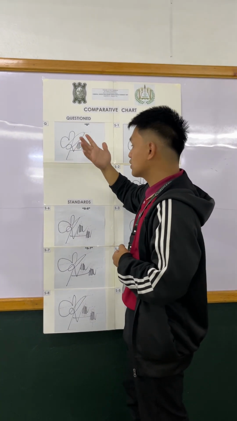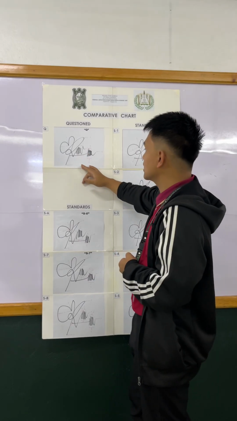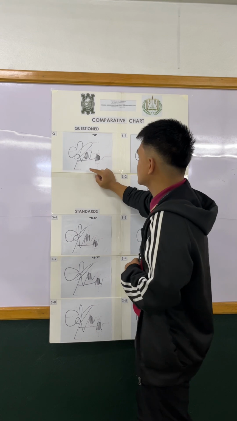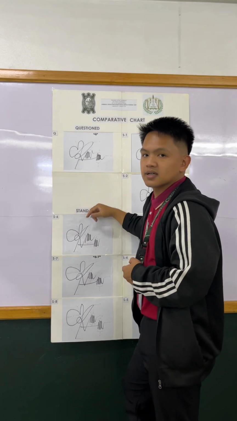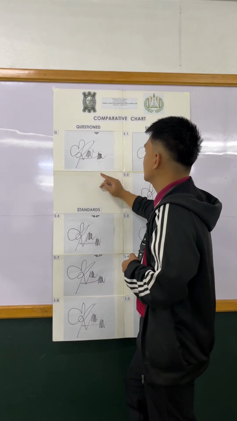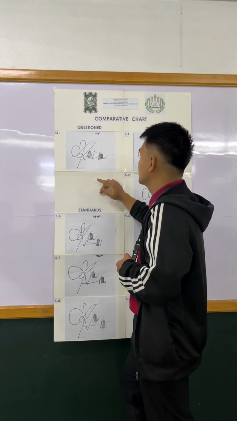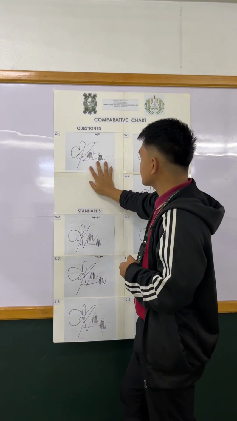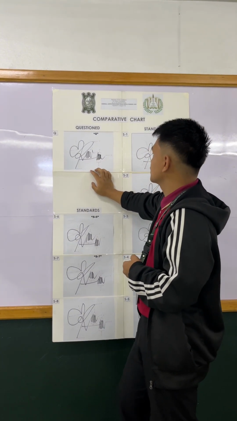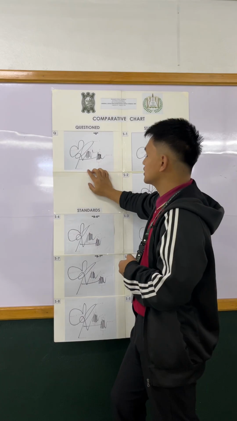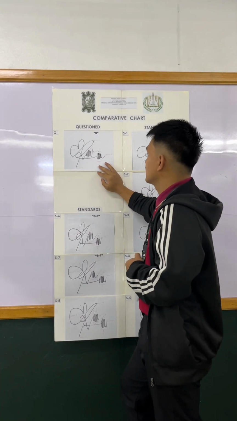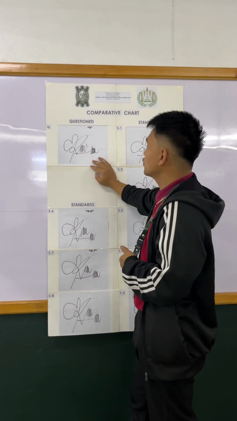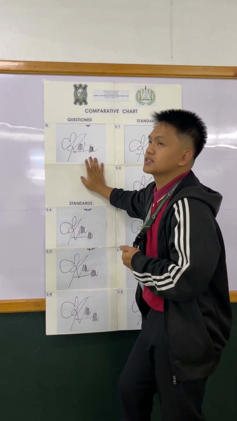So if we look closely, we can observe that the line quality, or the line consistency, is very poor because there are parts that are faded, there are parts that are thin, there are parts that are thick, and some parts are very distorted. So next is the slant. The slant of the question document is leaning to the right. So next, the alignment. The alignment is convex because the movement of the writing is going outwards.